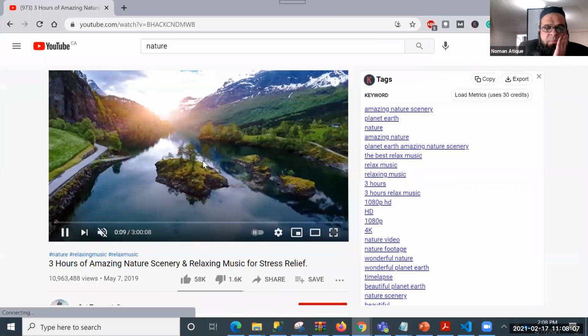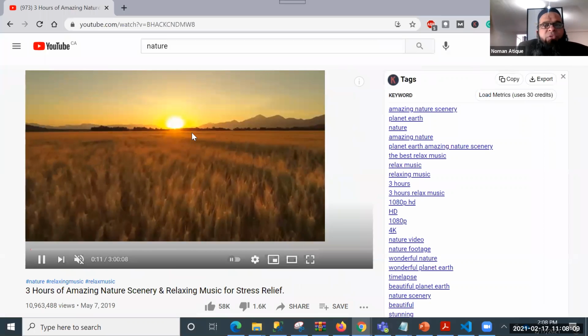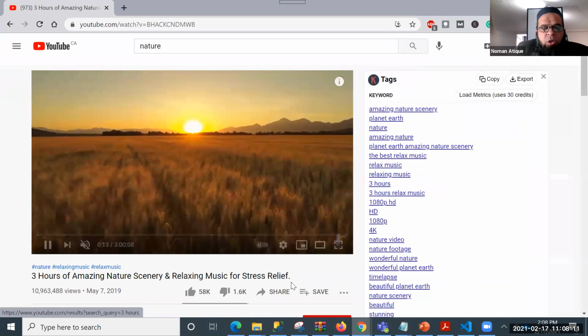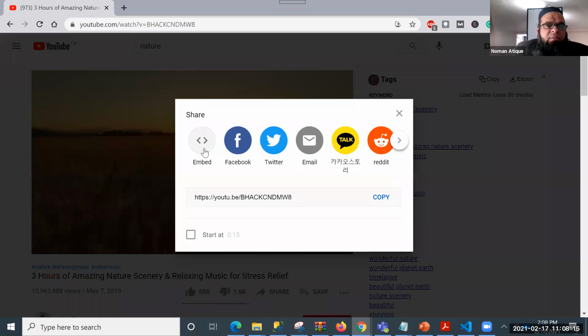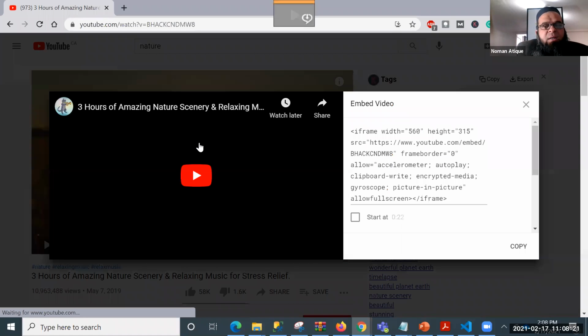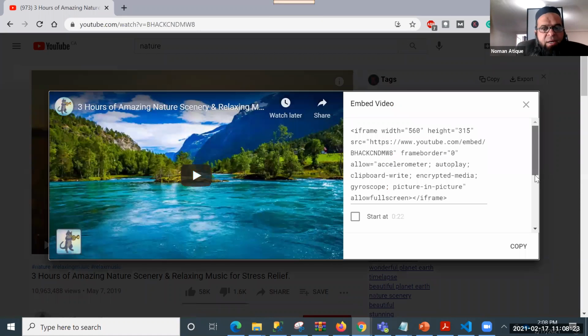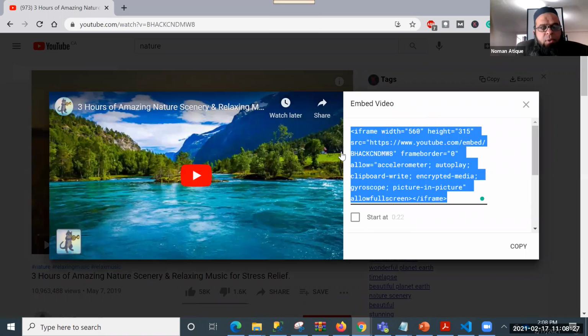Now, all of you, on this YouTube video, go to share, and here you will find embed. Does everyone see that embed? You just go to the video and press embed, and you will get a code over here. Just copy this code. What I've done: share, embed, and the code copied.